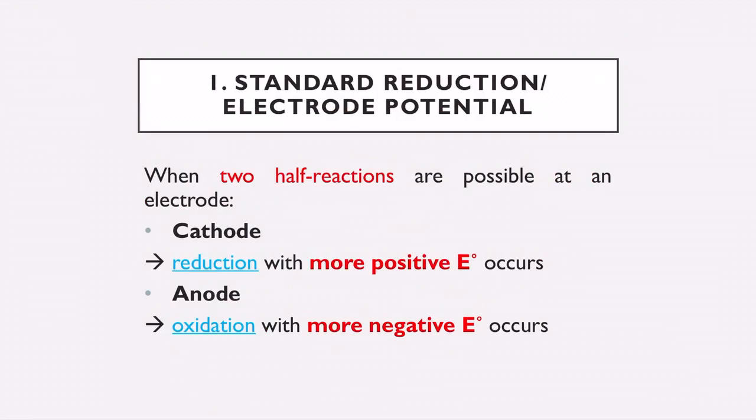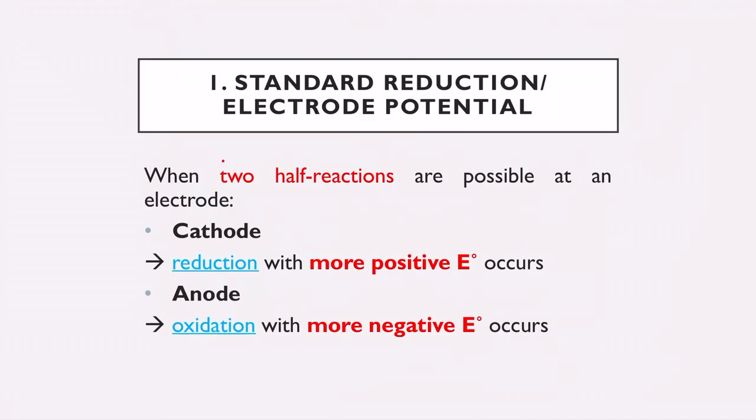So SRP, how do we use SRP to determine what ions will be attracted, will be discharged at your cathode, and what ions will be discharged at your anode. Okay, so kita tengok